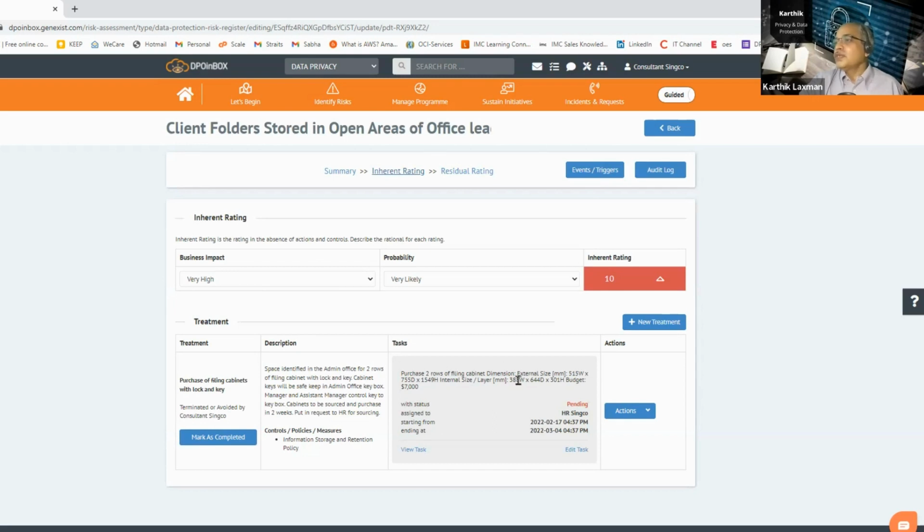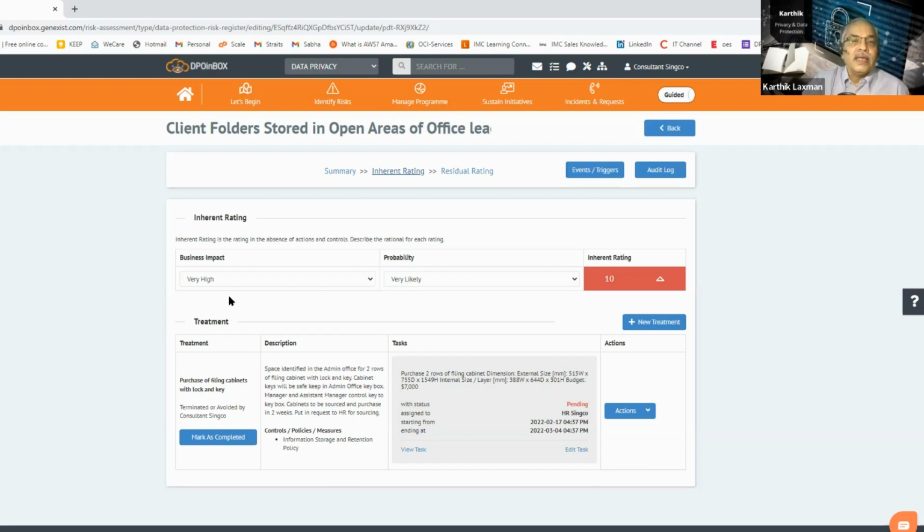So he saw the description of the task. The management team immediately approved the solution that was presented, which is basically procurement of the cupboard with lock and key. So on the spot approval for the purchase was done using this. We spent maybe 3 minutes on this particular exercise, but it was so important for the management to see the important aspect of the risk that was involved and the impact on the business that it's going to have.